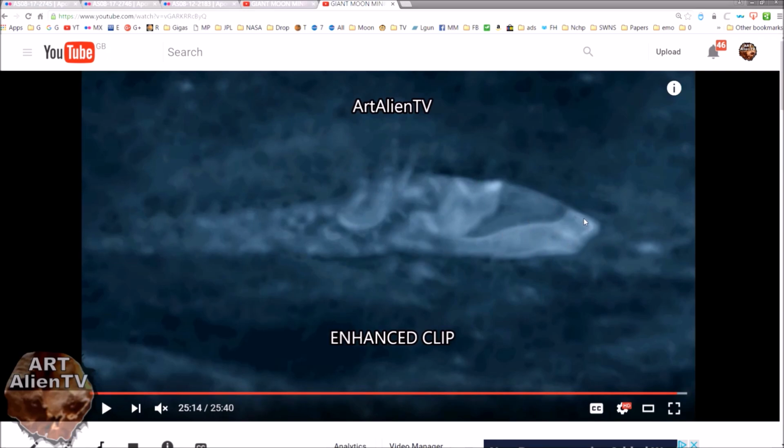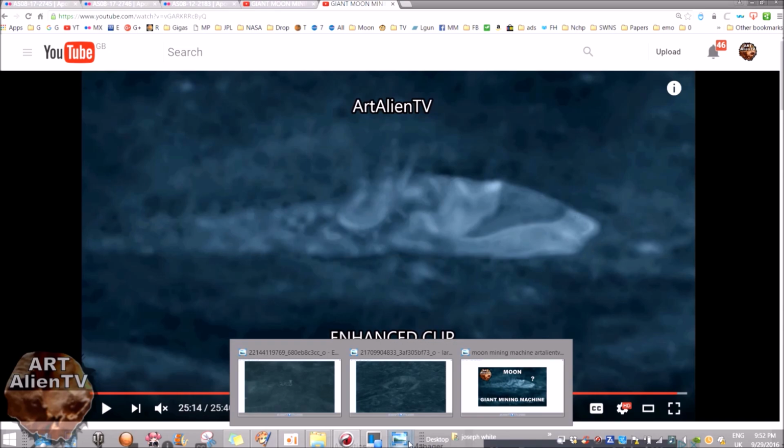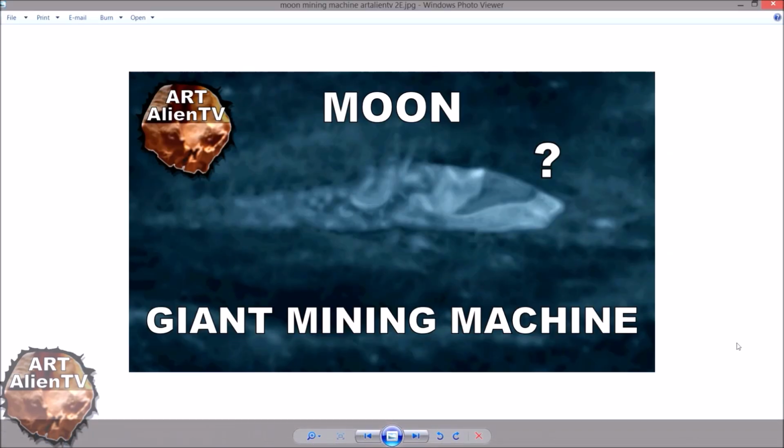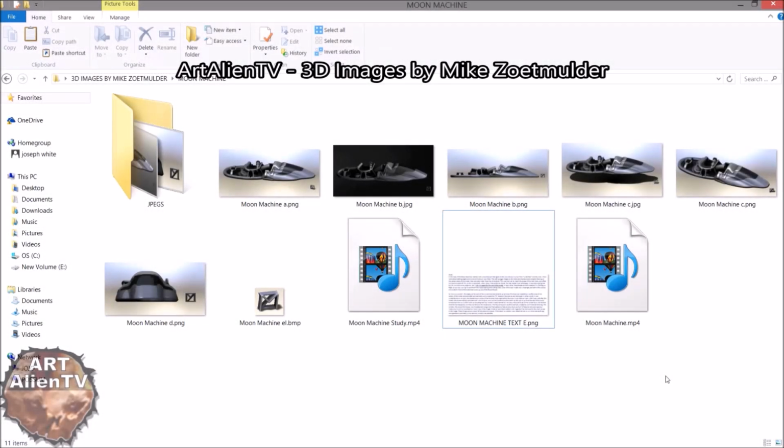You have what looks like a cockpit, a front to it here, and some structure in the centre here, and on the back. Okay, so here's the actual cover image which I did from that clip. That's the actual cover for the video, which is probably a little bit clearer. And you've got these interesting structures here. I'll quickly flick through these, but he's also sent me some video clips